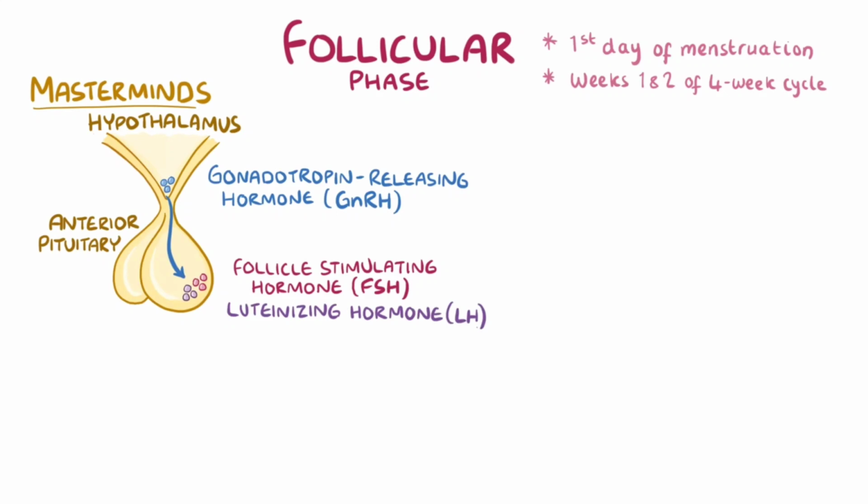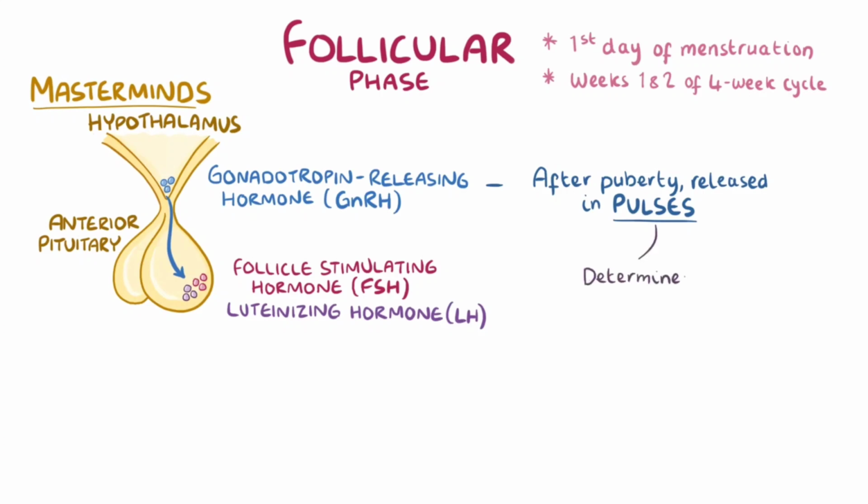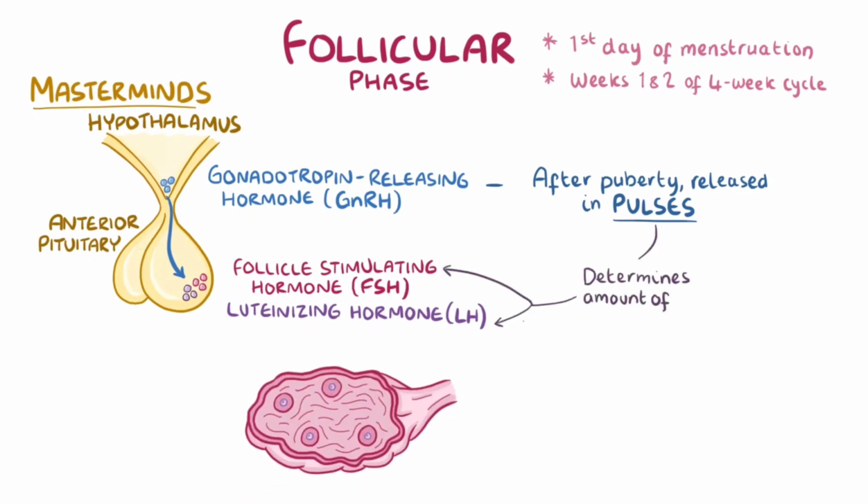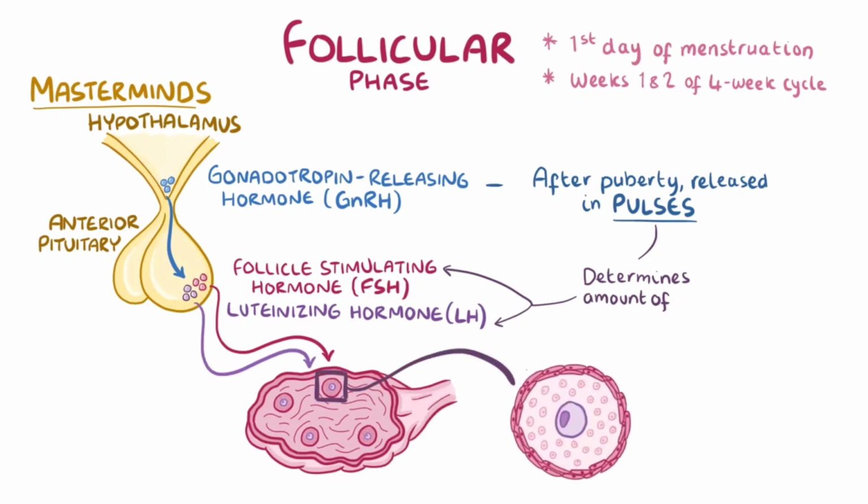Before puberty, gonadotropin-releasing hormone is released at a steady rate. But once puberty hits, gonadotropin-releasing hormone is released in pulses, sometimes more and sometimes less. The frequency and magnitude of the gonadotropin-releasing hormone pulses determine how much follicle-stimulating hormone and luteinizing hormone will be produced by the pituitary. These pituitary hormones control the maturation of the ovarian follicles, each of which is initially made up